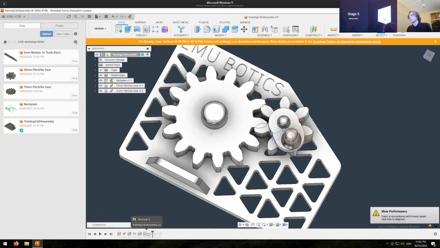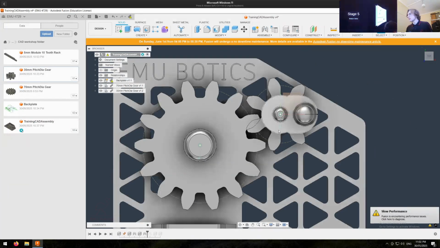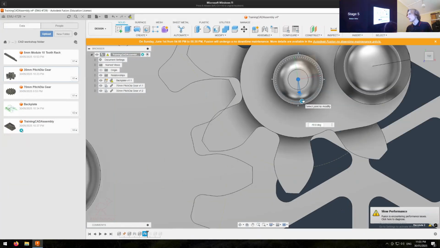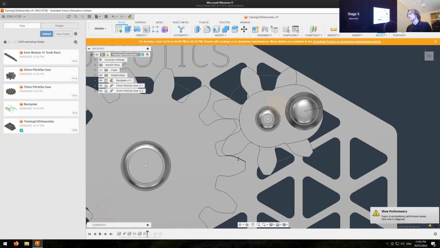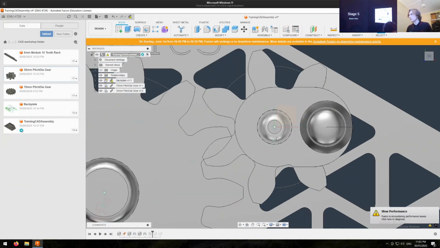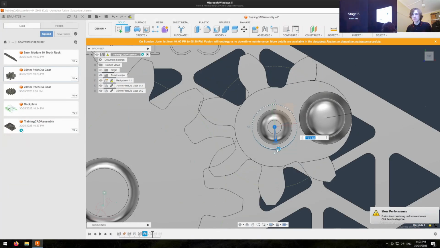So what we're going to do is, before we do our motion link, there's actually no way. Sorry, rewind 10 seconds. What we want is for these to be meshing perfectly. We want them to be like this. If I zoom all the way in, it gives me more accuracy, I think. Never mind. Yeah, so we really want our gears to be like this. But there's no way for me to do that after the motion link, because if I try and move them to a line, they always move together. So the way we fix this